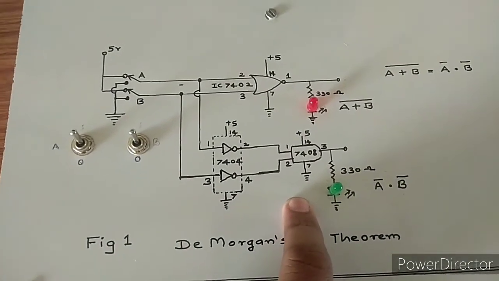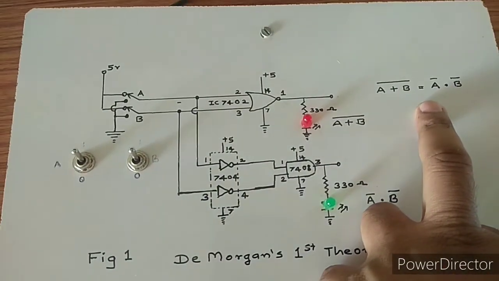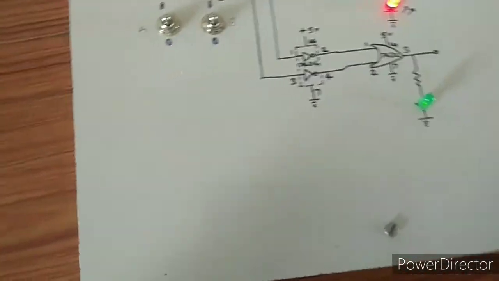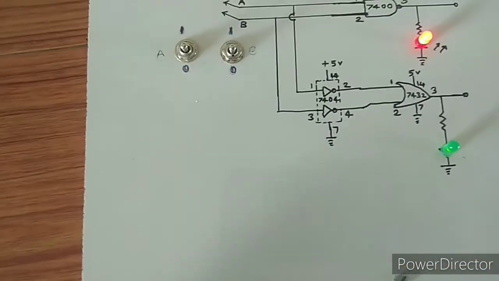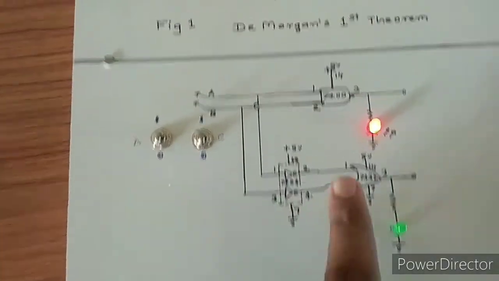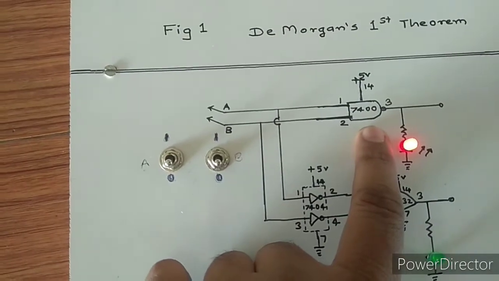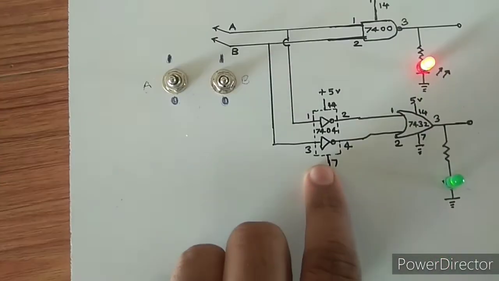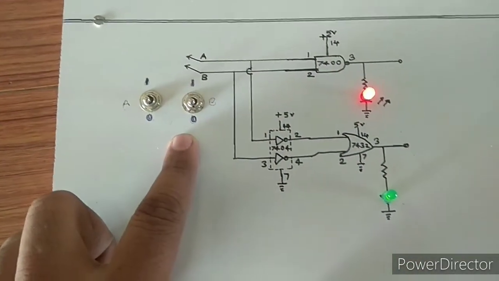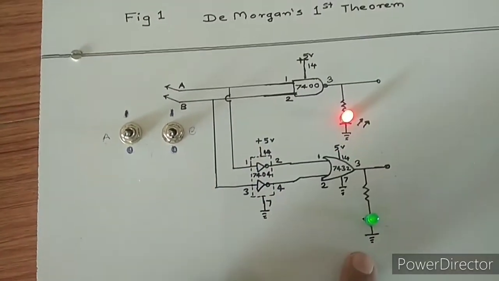So like this in De Morgan's theorem, we can say that the complement of the sum is equal to the product of the complements. Now we see the second theorem. The second theorem says that the complement of the product is equal to the sum of the complements. So here one NAND gate is there. This is our LHS, left hand side. Here two NOT gates are there, and they are connected to the OR gate. Again here both the inputs are 0. In that case the LED will glow, means the inputs are 0, the output is 1.